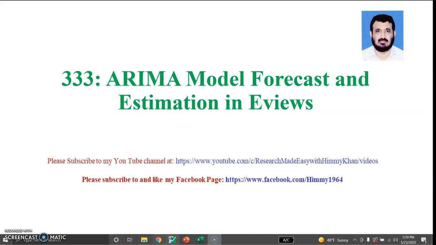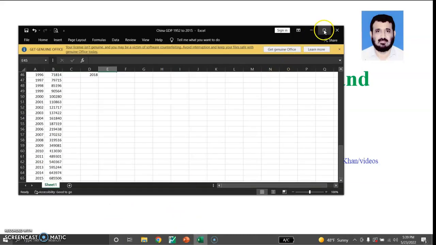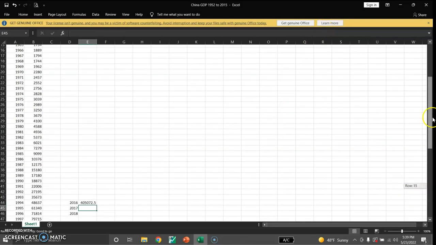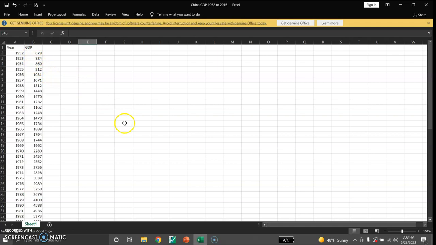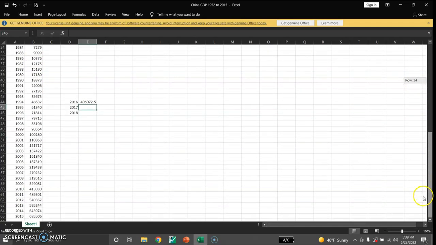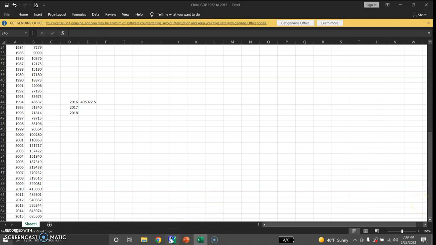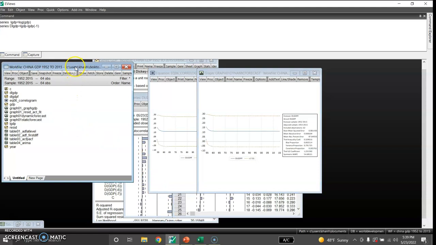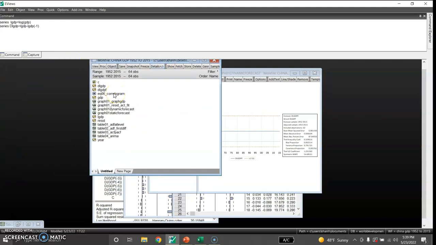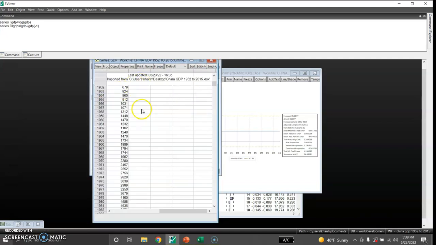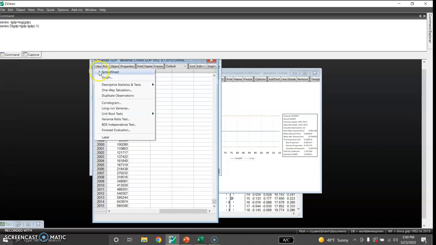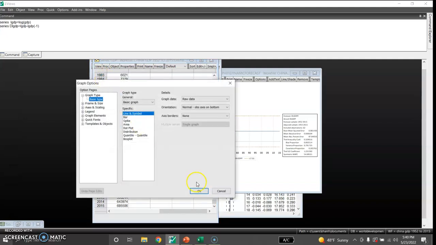So let me first share with you the data of China GDP, and this GDP is a time series ranging from 1952 up to 2015. So this is annual time series data. Let me also share with you the data file in EViews, and this is the original data that I shifted from Excel to EViews. So this is the China GDP data from 1952 up to 2015. First of all, I would like to share with you the graph of the China GDP,